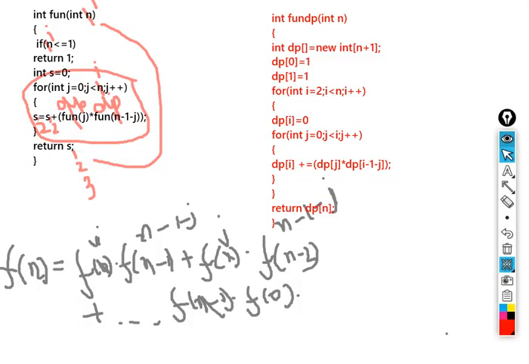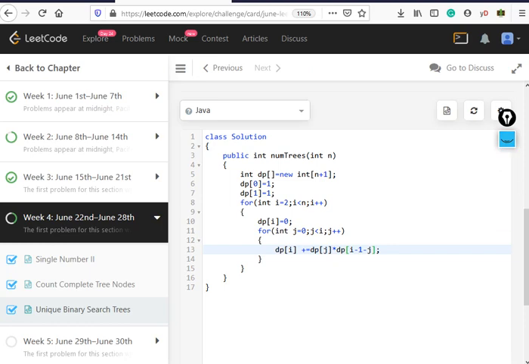I guess that was the one we figured out. Yeah, so it's done.